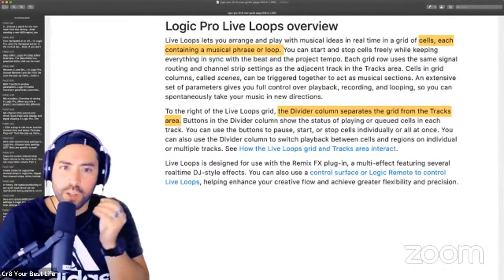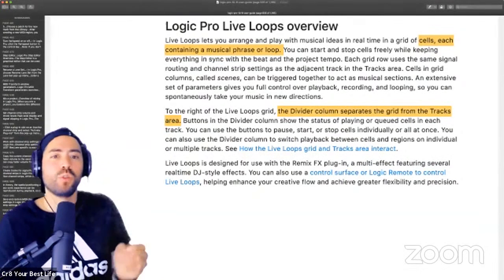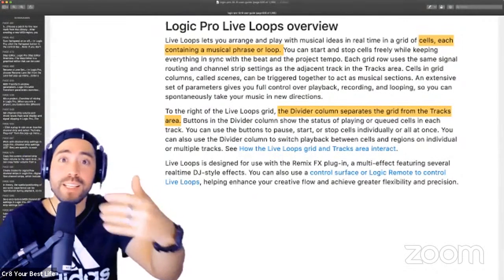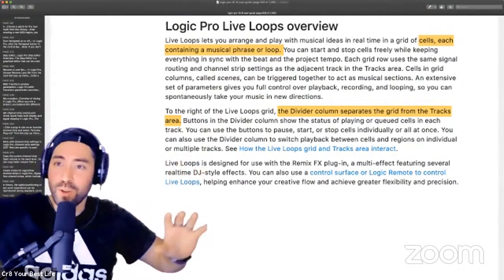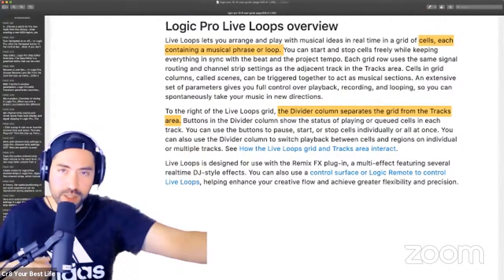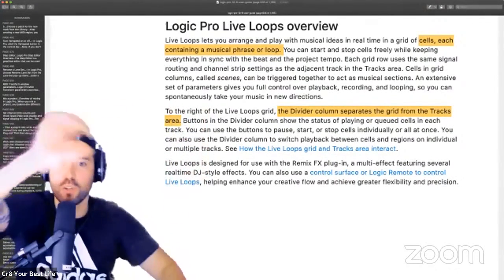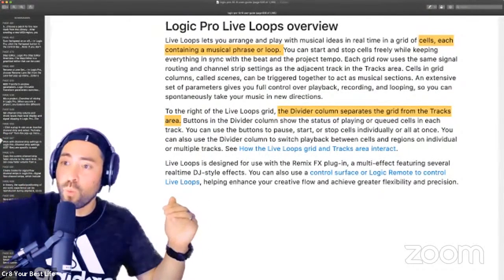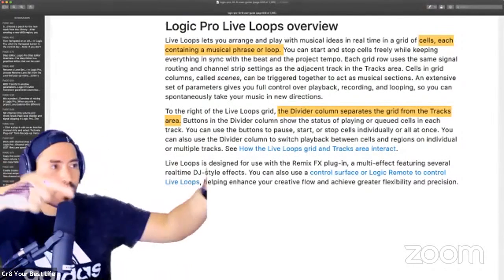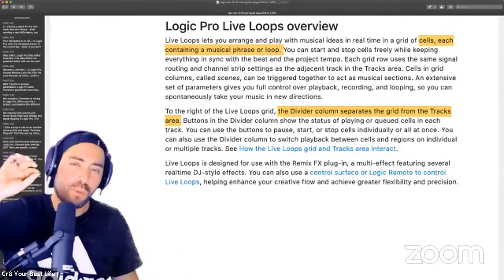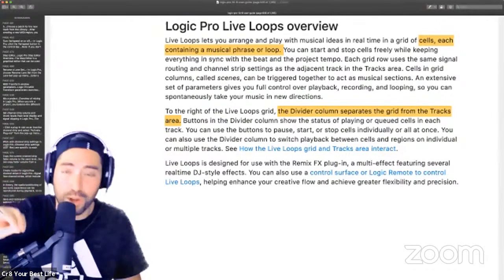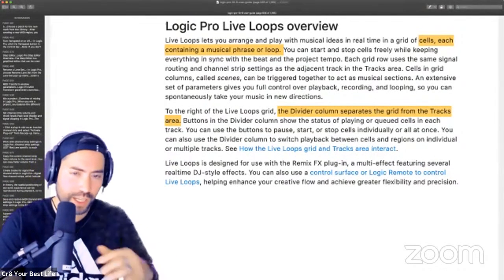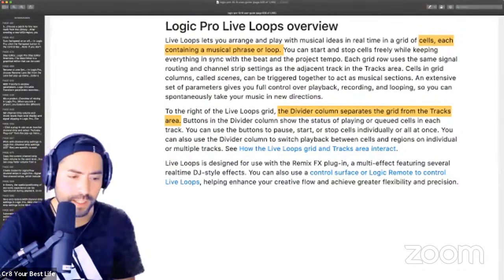Let's see here. There are buttons that will show you specific graphics, which will tell you what is playing. Because the tracks area is attached to the live loops grid, because they're connected in terms of their channel strips and signal routing, you have to know what region and or cell is playing. And if you don't understand the parameters, then this is going to be just a tough ride, okay? So for all, I mean, I couldn't imagine getting started with Logic Pro today, because there are so many contingencies